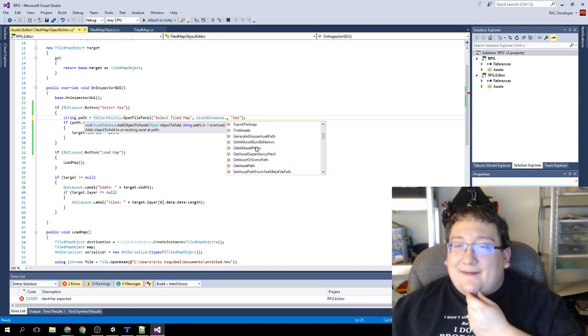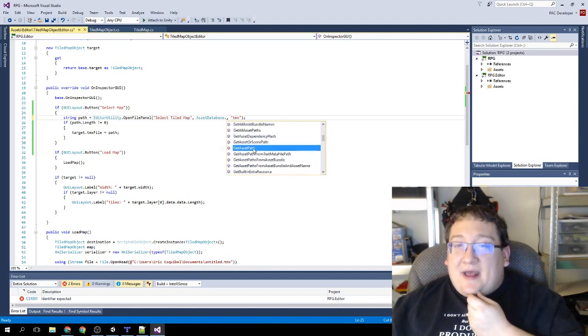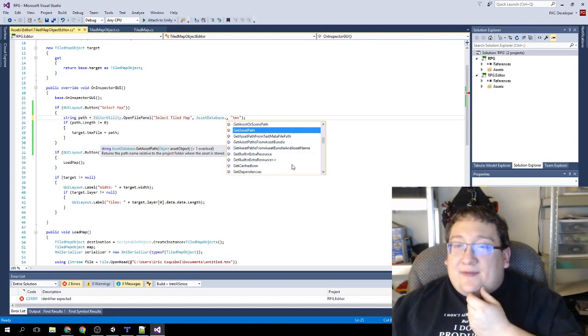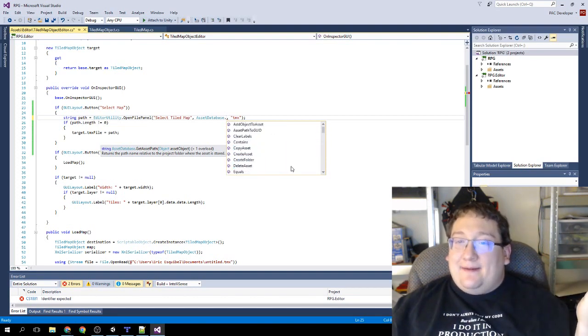Not this one, is it? No, it returns an array. This gets the path for a specific asset. I just want the asset folder path, which there's totally a